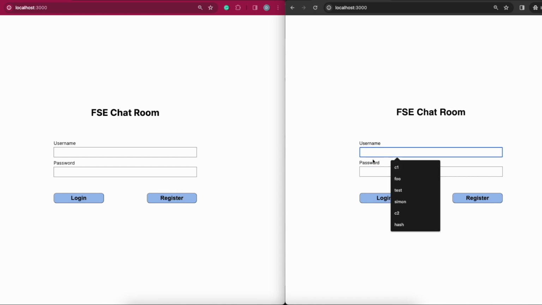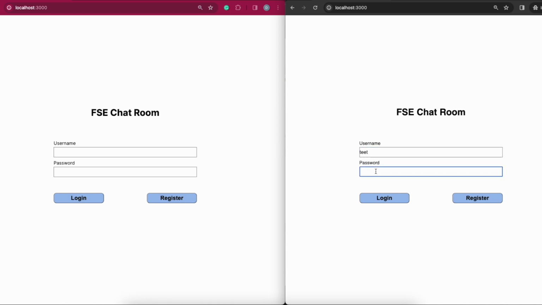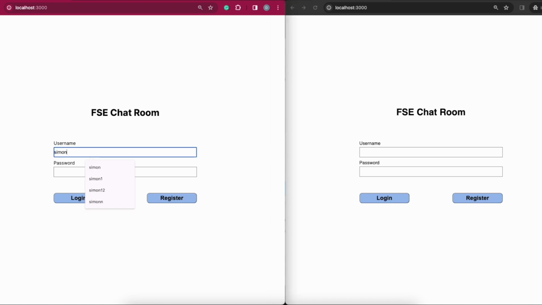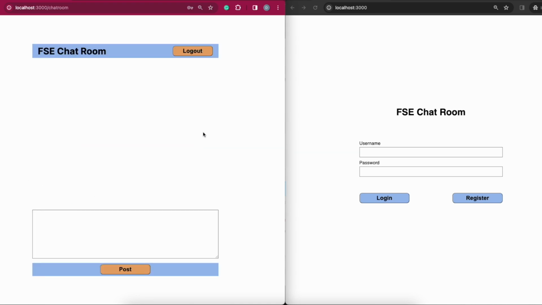And if he types his username with a typo, even with the correct password, he should not be logged in. Let's log in one user and test the logout function works. So let's log in one. Okay, he's already in the chat room page, and here's the logout button for him, so he can gracefully log